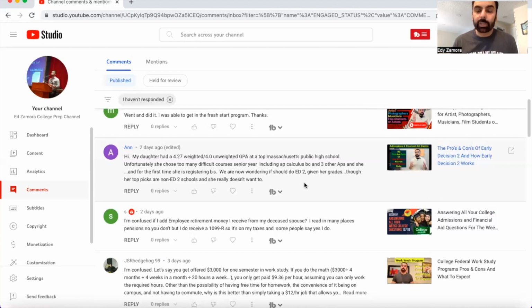But if you're looking at it from the perspective of we're only using ED2 because we think we have no chance to get into the school without ED2, and the student doesn't want to go there, or you can't afford it, or any other factors, then I wouldn't be doing ED2. Early decision two is the same thing as early decision one. The only difference, which I talk about in the video, the pros and cons of early decision two, is that early decision two technically is an easier early decision lock-in scenario for admissions than early decision one, because